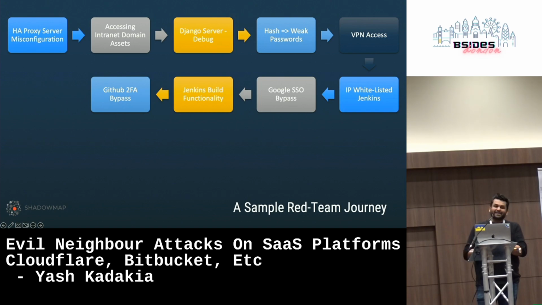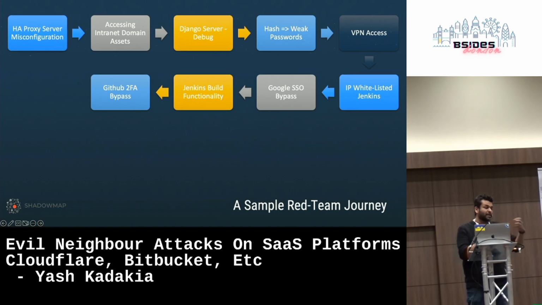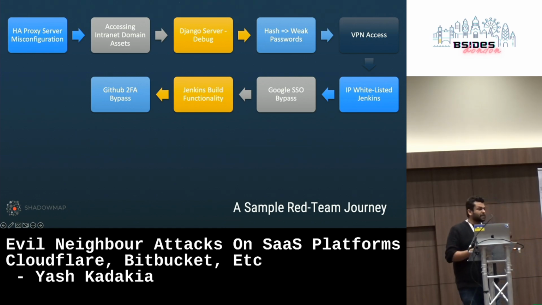So Jenkins has a really interesting functionality. Once you're admin, you can essentially run commands locally on the Jenkins instance with a scripting interface. Ran the commands, extracted the passwords and secrets that were saved inside Jenkins, decoded them, got GitHub credentials, I believe, that had 2FA though. But what's interesting is when you try to enumerate GitHub through the API, it actually doesn't ask for 2FA in most cases. As long as you know the repository names, it will let you check them out and download the code. So did that, got about 200 repositories.